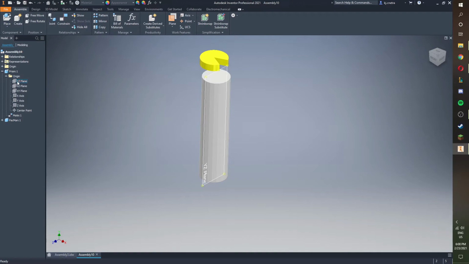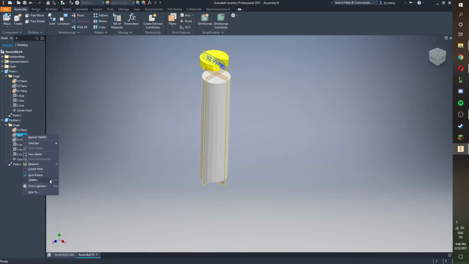So I want to see the YZ plane here. Turn on visibility. You right click YZ plane, go to visibility. Then I want you to go to the XY plane, right click it, turn on visibility. So now we see these two planes that are from the prism or pillar. Next I want you to go to Pac-Man, expand him, or whatever it's named, origin, expand it, and the YZ and XZ planes should be what we're making visible. So I'll go ahead and do that. So now with those planes